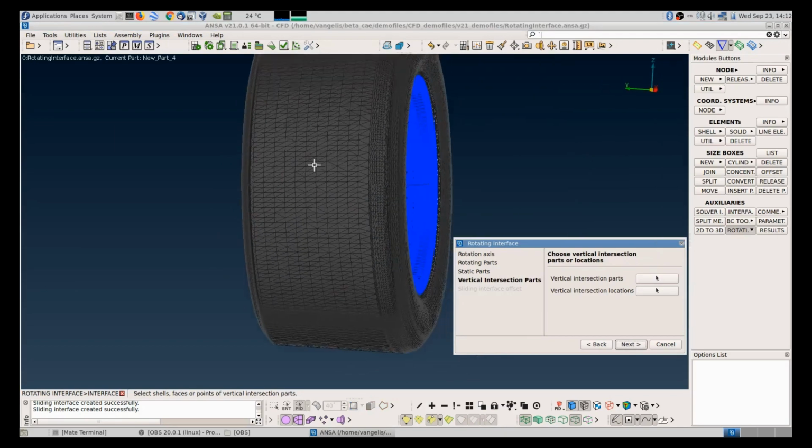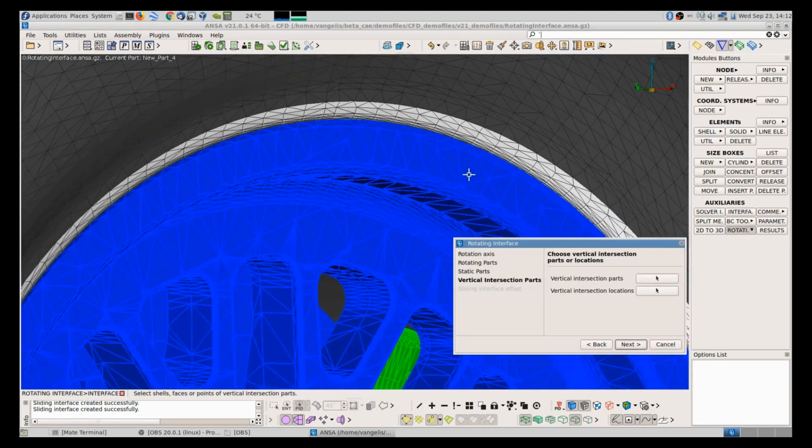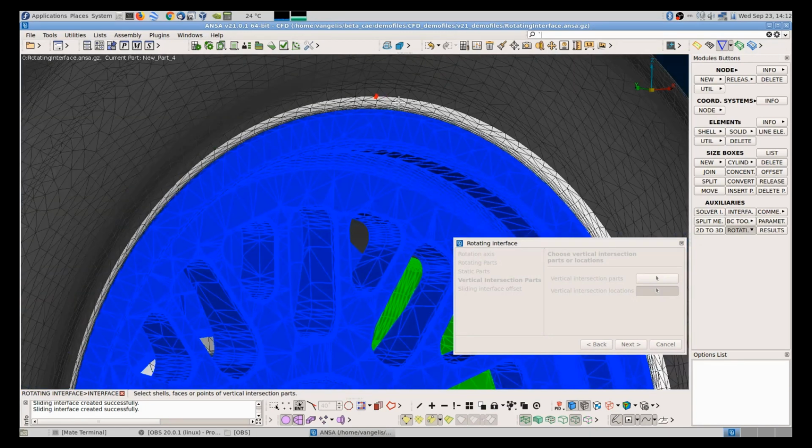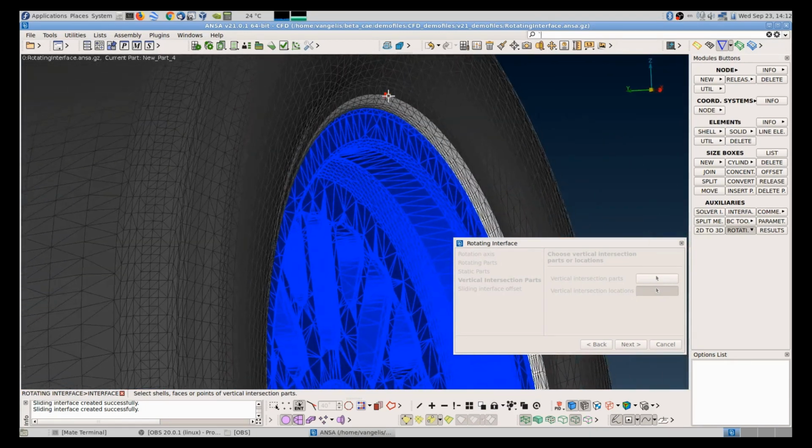You can also impose positions where there will be vertical intersection of the new surface. So I want, for example, the surface to pass at that position, and to be also vertical, so that we can generate nice layers that will connect to it.